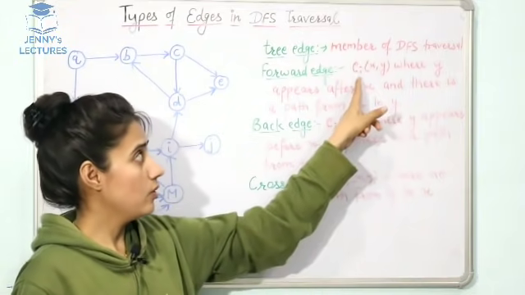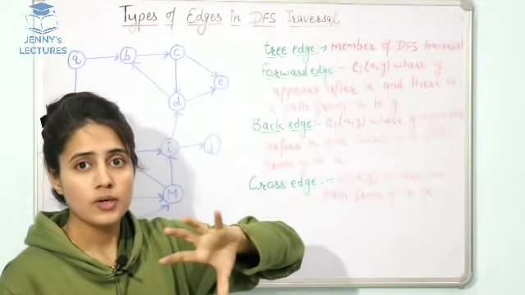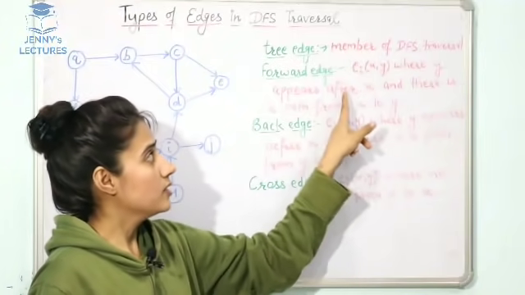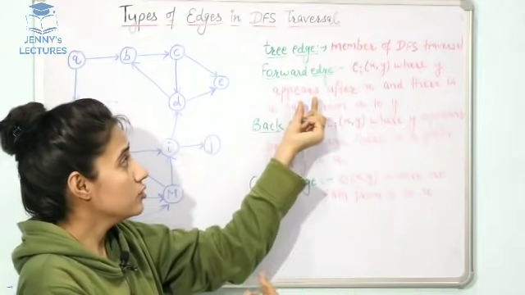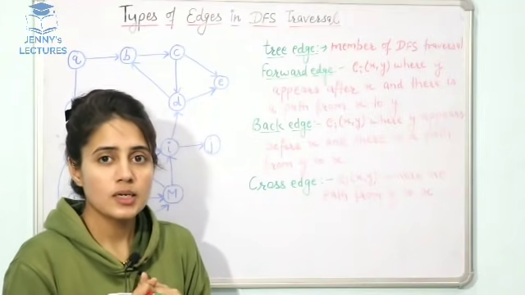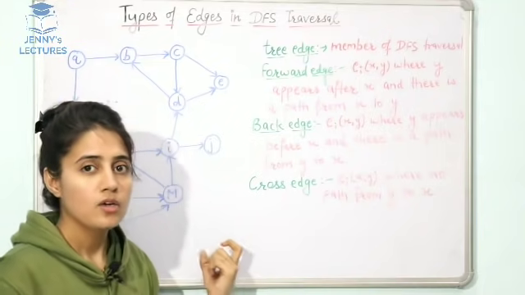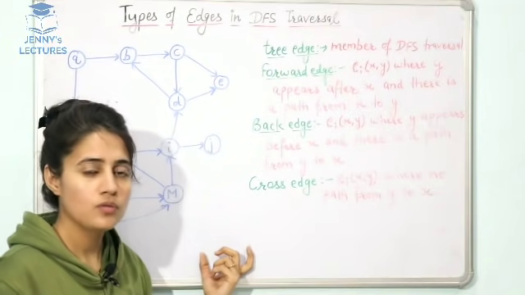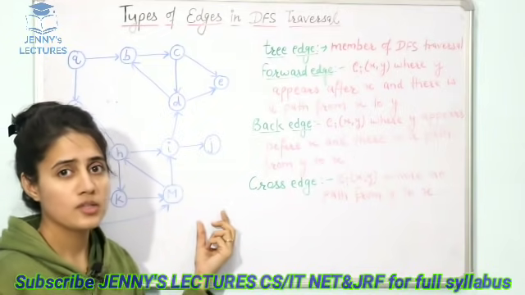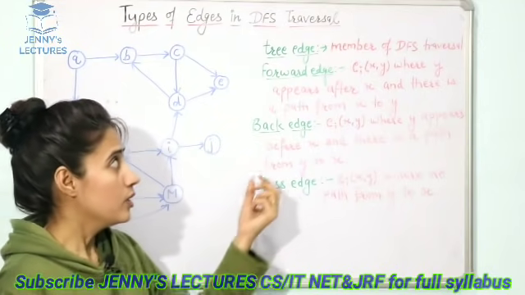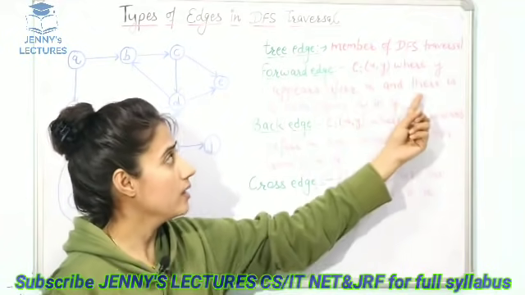Suppose we have an edge E from x to y. Then that edge would be called a forward edge in which y appears after x, means x should come first, after that y will come in the graph. Or appears means what? We will consider a variable, that is a time variable. When you traverse this graph and you discover any node, then we would note the time of that node, the starting time of that node, and the finishing time of that node. I'll discuss with this example. So any edge xy would be a forward edge in which y appears after x and there is a path from